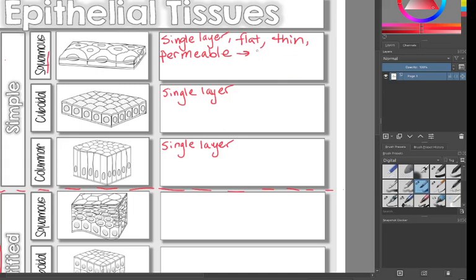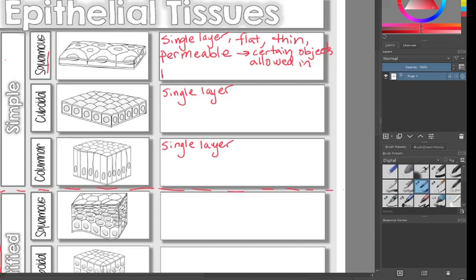So permeable means certain objects allowed in. Okay, and so if it's flat, thin, and permeable, and it allows certain objects to go in, we would assume